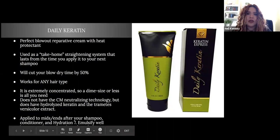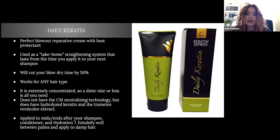We're going to get into the Daily Keratin. I actually really love this product. I use this every time I blow dry my hair. I know that there are salons that carry this product alone as a back bar item. You don't have to carry the entire Keratin Express line, but even just having this as a back bar product so that you can give people really wonderful blowouts is just a great take home treatment that you can retail to your clients, or just have it back there so when you're blow drying or styling their